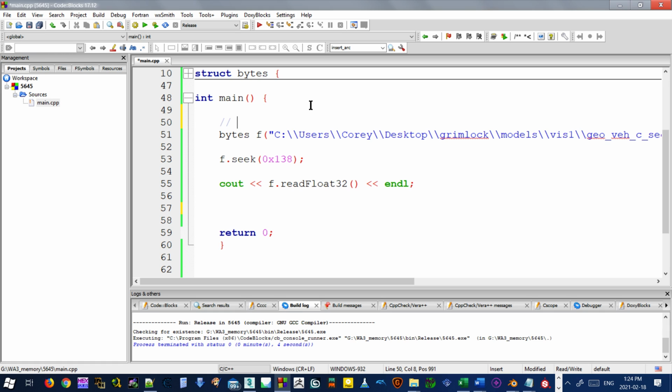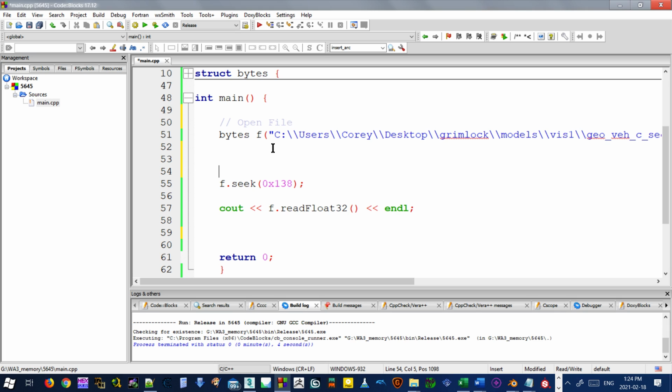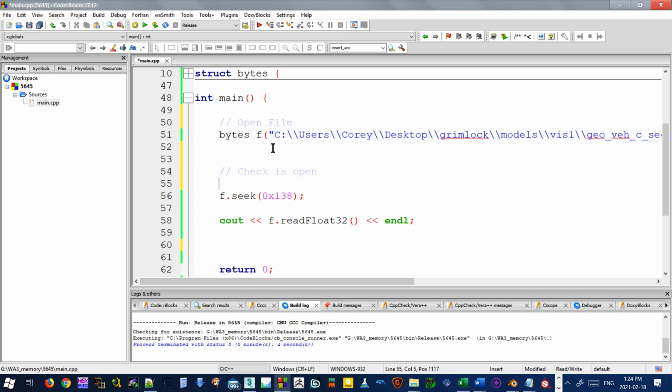Okay, so we're going to open a file. So I'm going to write that down in here. Open file. We want to check to see if the file is open. So we're going to do this. Check file is open. So if f dot is good,